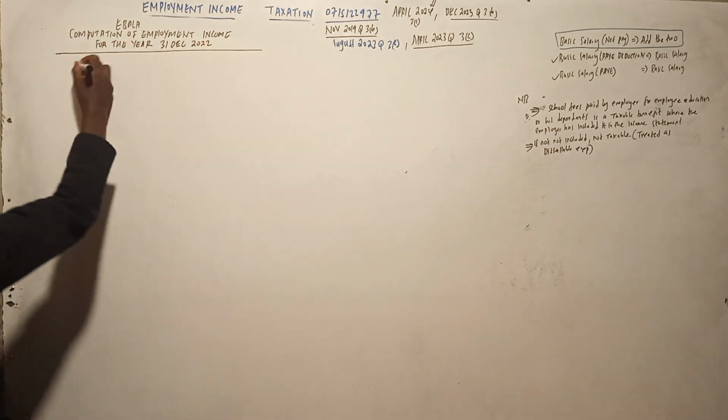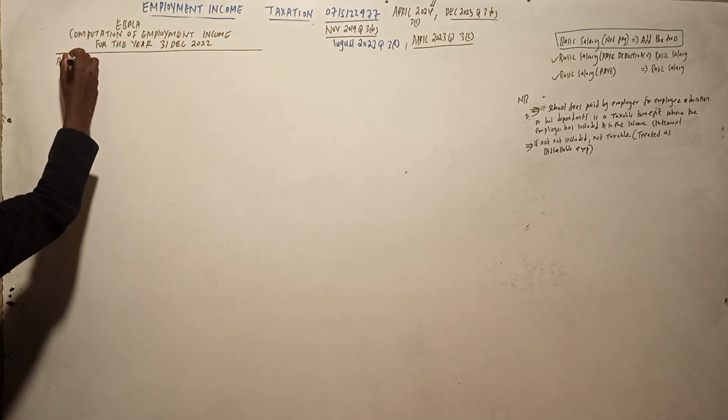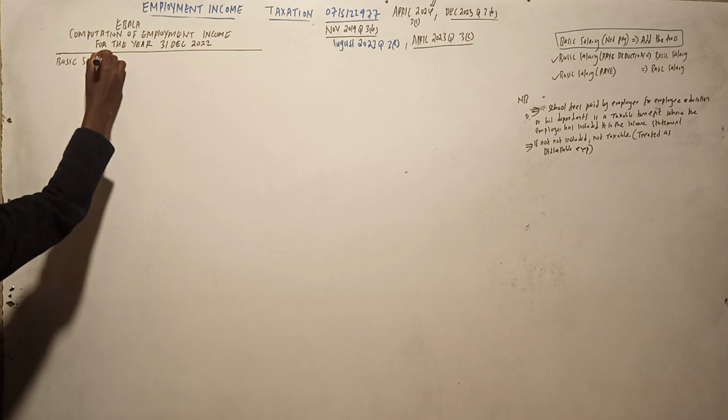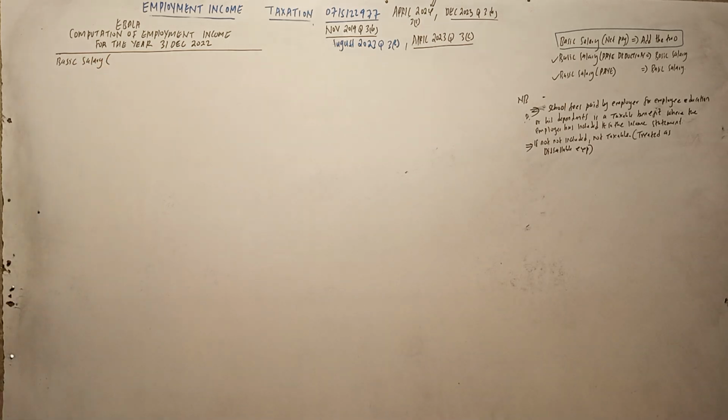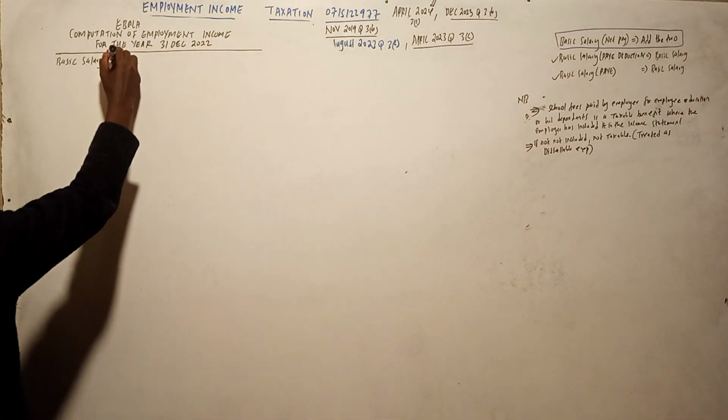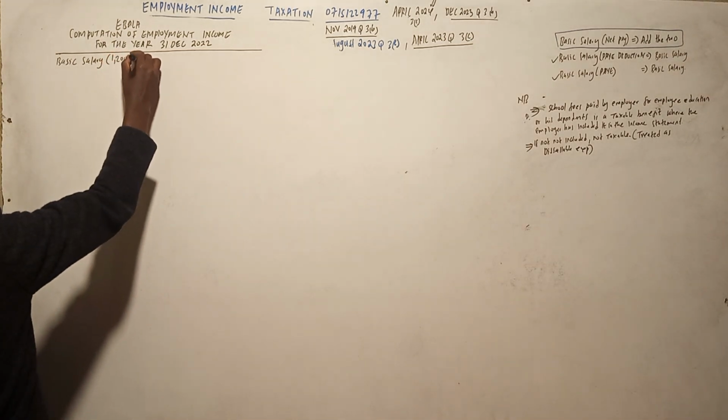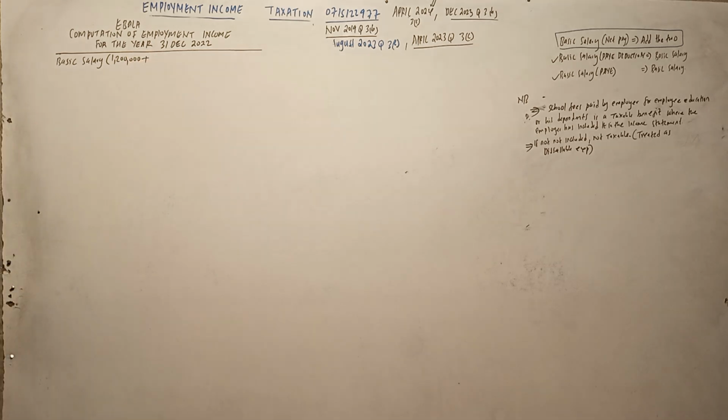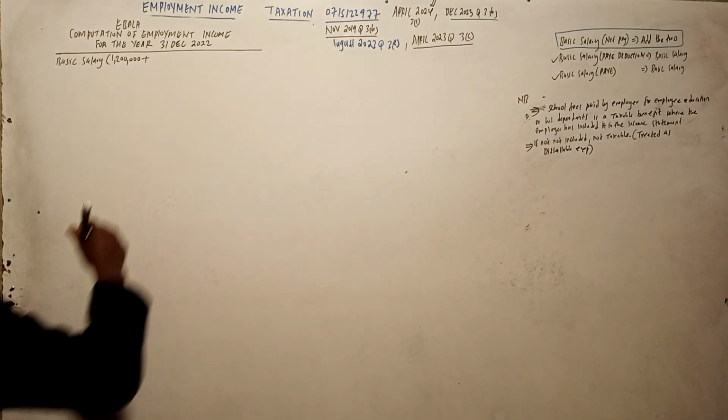So start with the basic salary. So basic salary ni 1.2. So 1,200,000. So we need to add the pay to 50,000,